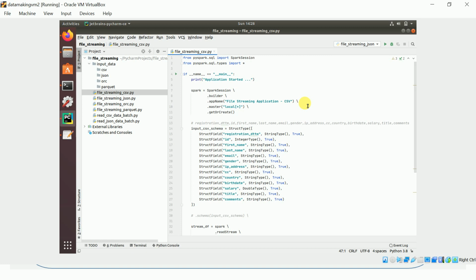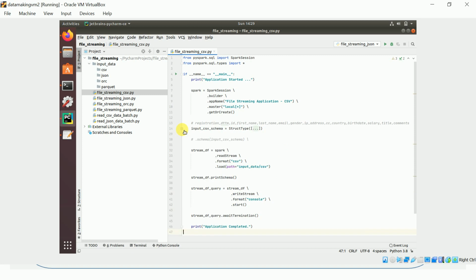As we mentioned in the last session, any PySpark streaming program has a skeleton. There will be import statements for the necessary functions, types, and the Spark session class.